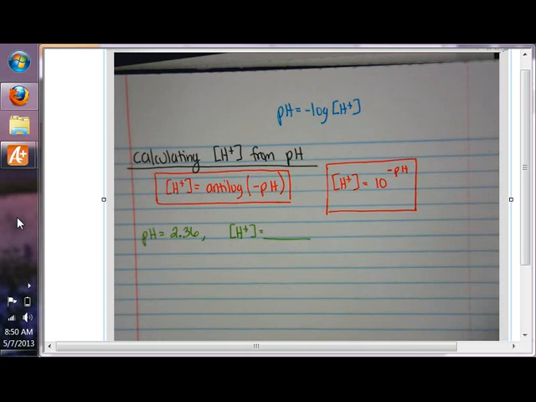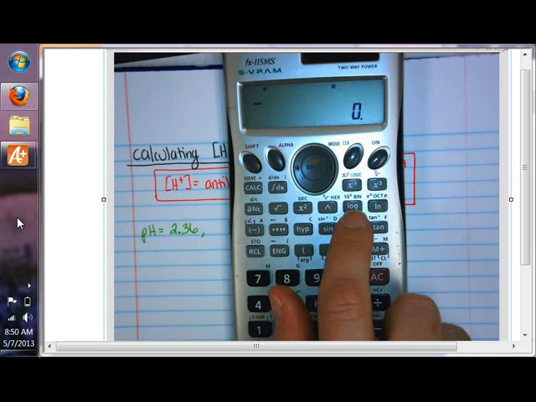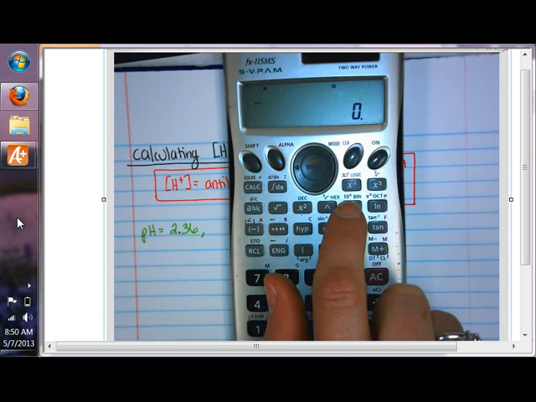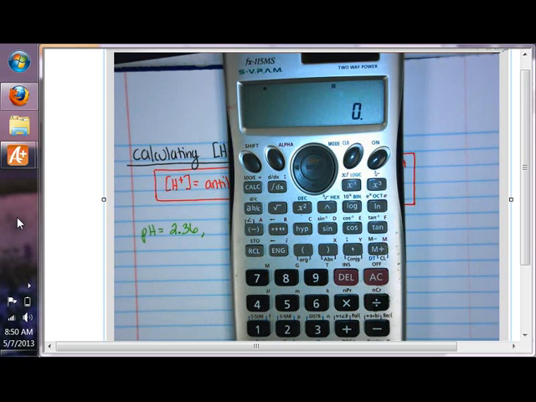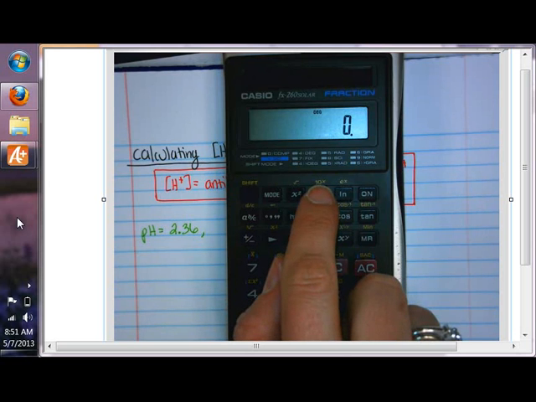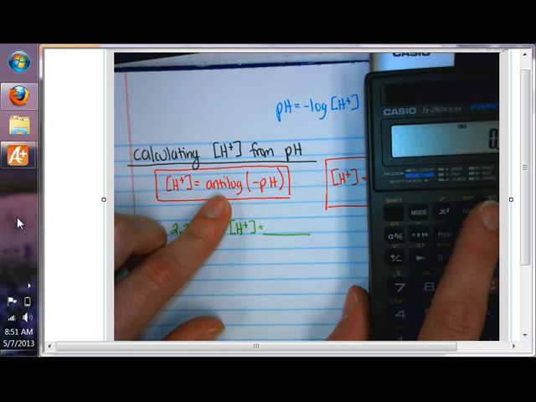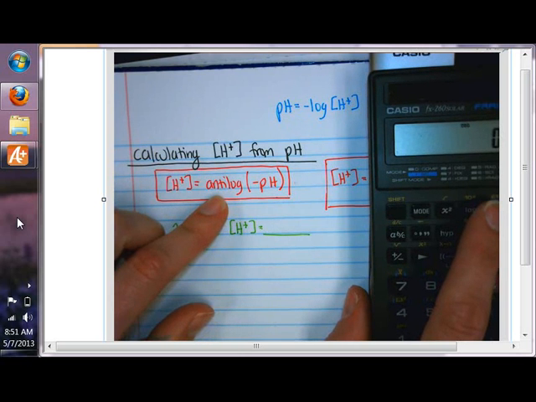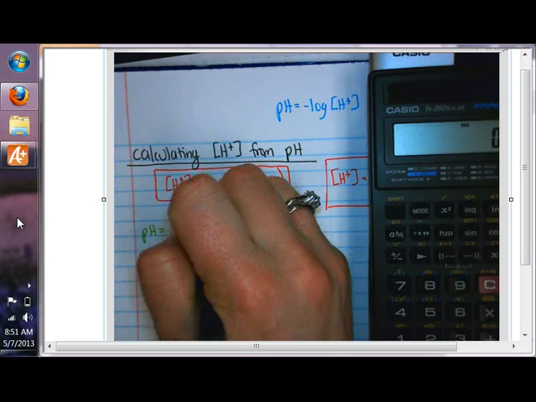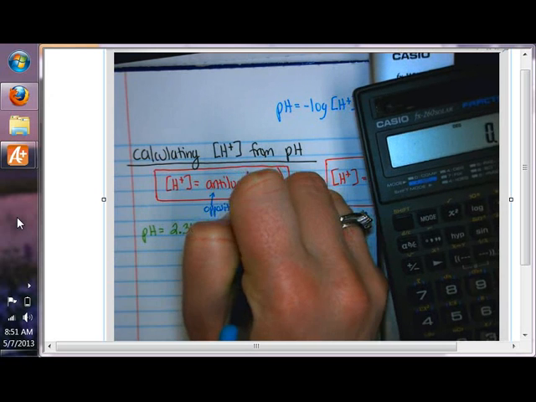So if you were to look at your calculator and look at your logarithm button, you would see that above the logarithm button is 10 to the whatever power, 10 to the x. Same thing if you have one of these calculators. Above your logarithm button, you have 10 raised to the x. That is what is known as the anti-log. It's basically just the opposite of log. And I'm going to go ahead and write that. It's just the opposite